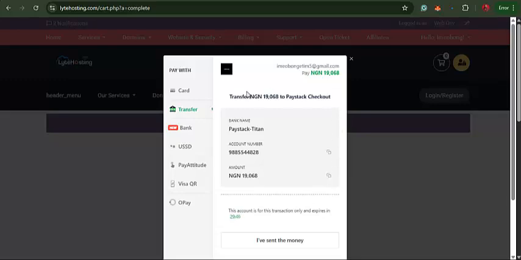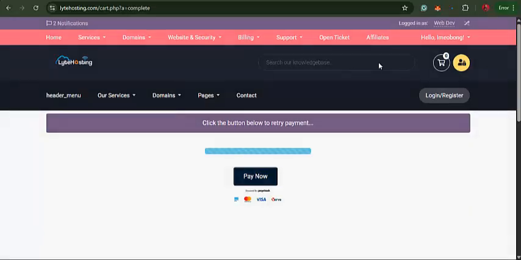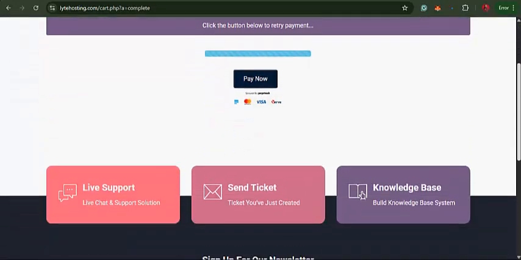So this is the money I'll be paying if I wanted to purchase my hosting and domain. But I will not be doing that because I'm only using this as an example. I already have a domain and hosting that I'll use. So this is the process if you want to buy your own for yourself and you want to use it for your website. After you've made the payments, you receive a confirmation mail from lighthosting.com that your purchase has